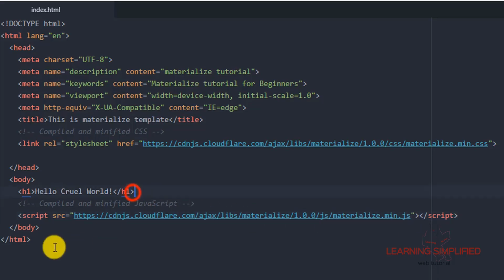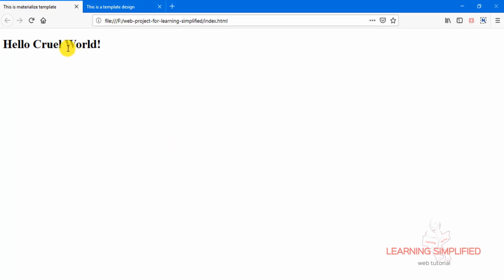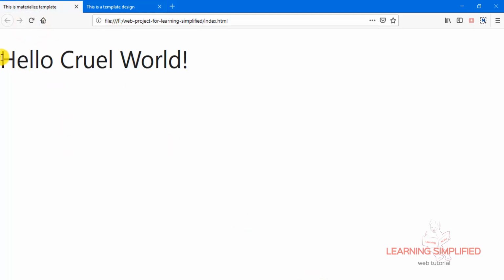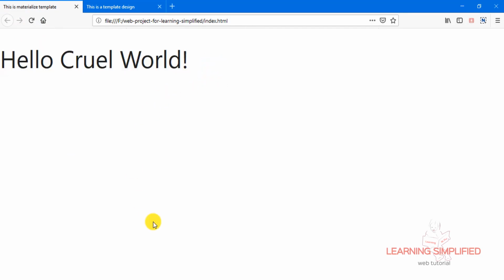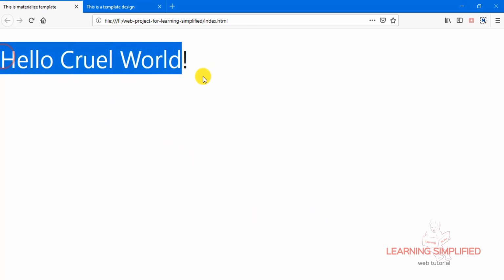Now if we keep them up to this far and get back to our project and reload, we can see that this particular thing has already changed. This h1 tag has now changed into this definite styling, which is connected to our Materialize site, and that is why it is now using their CSS to represent the HTML elements we are putting inside our HTML page. We can now confirm that we are connected to Materialize.